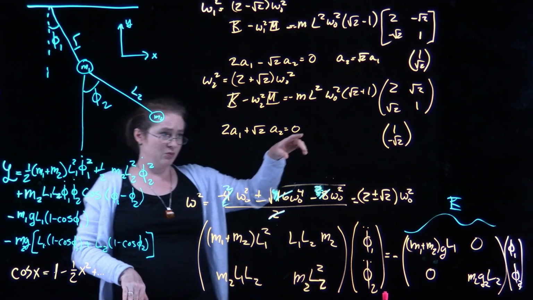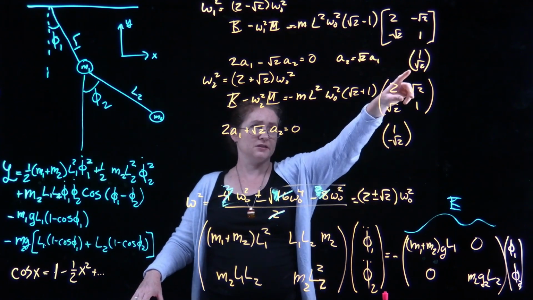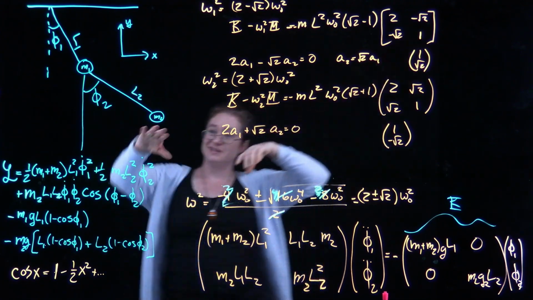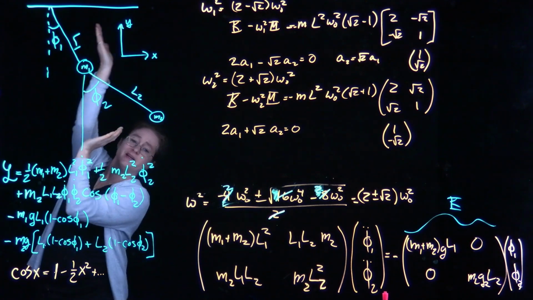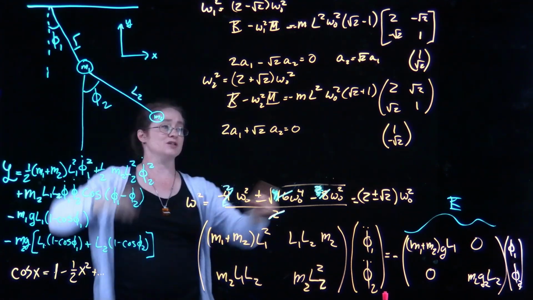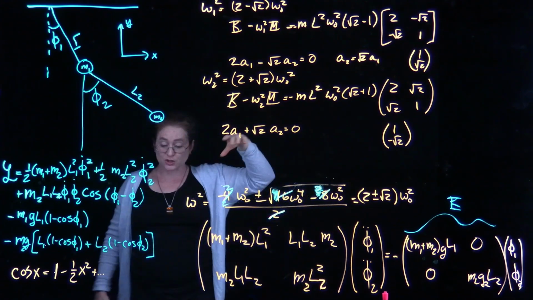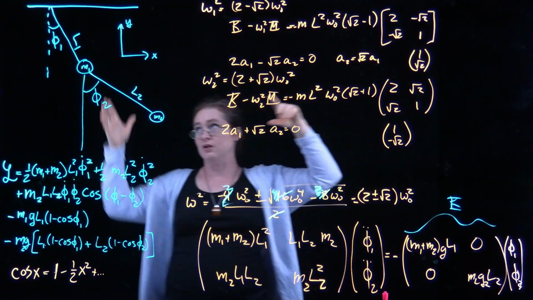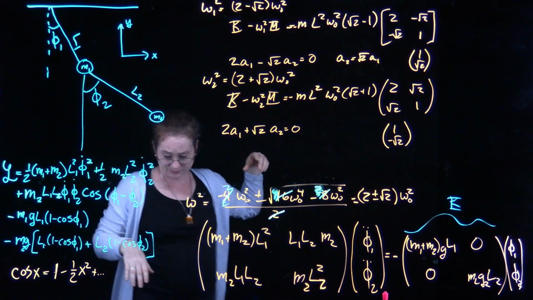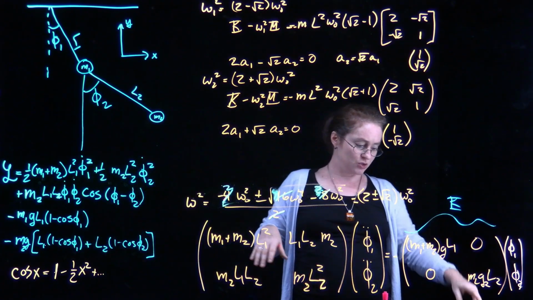And either way, the second pendulum is oscillating with a mass which is the square root of 2, with an amplitude which is the square root of 2 larger than the amplitude of the first pendulum. So I think what that really shows is that